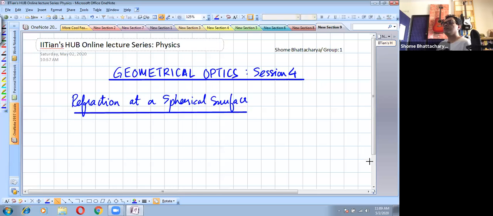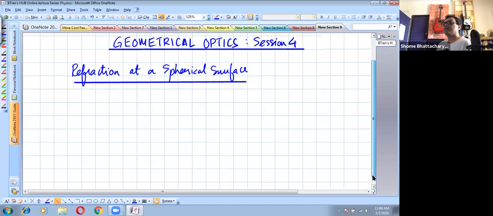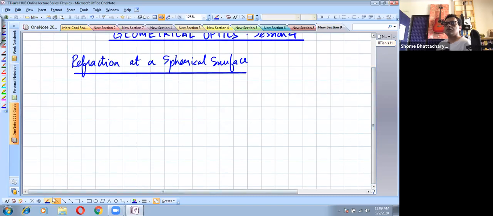We saw that whether you have a concave or convex refracting surface, and whether the refraction is happening from denser medium to rarer or rarer to denser, whatever be the case,